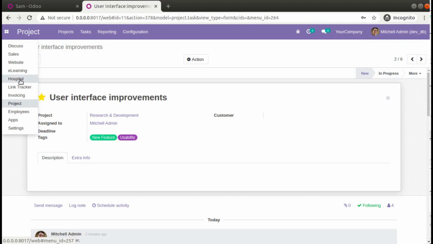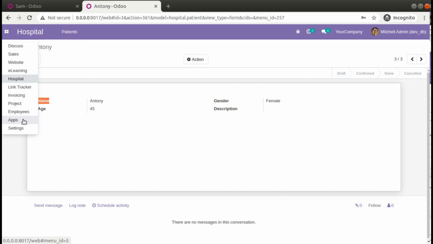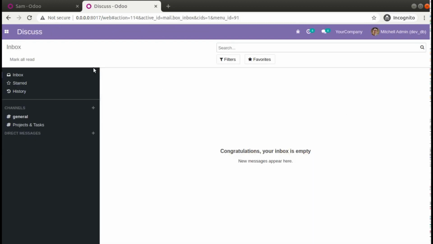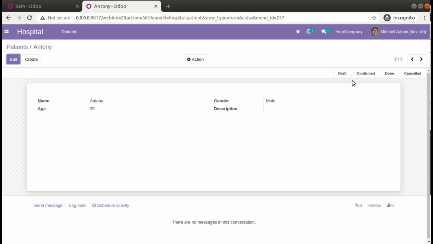Before we give clickable equal to 1, you can see it's not clickable. So let's go to the apps menu and upgrade and see what happens. So the module has been upgraded. Now if I come back to the hospital and then to the patients, you can see I can click draft, I can move to confirm, I can move to done, I can move to cancelled, and if I need to set confirmed,